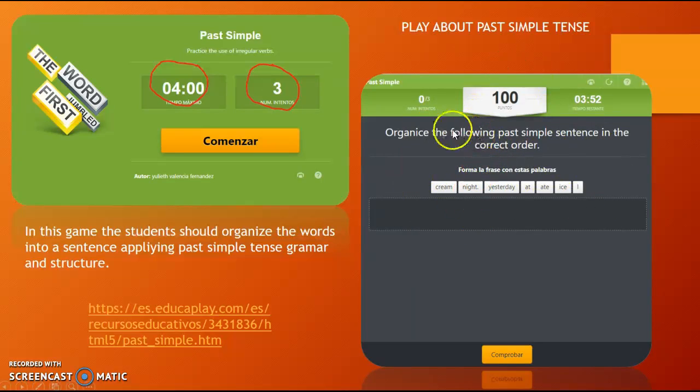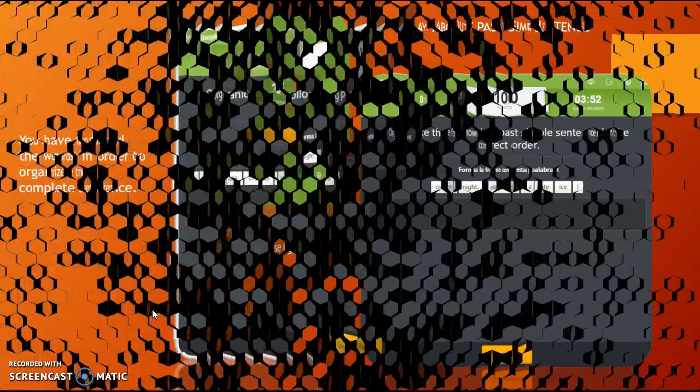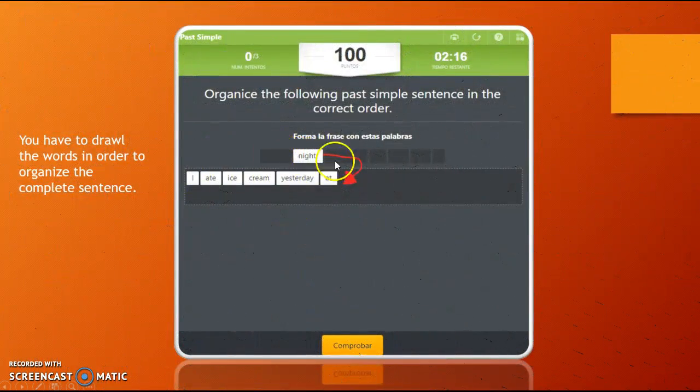In this screen, you can see the instructions for the activity. So you have to organize these words into a sentence. This is a sentence in past simple tense, so you have to take it into account in order to organize it in a good way. In order to organize the words, you have to drag the words into this place